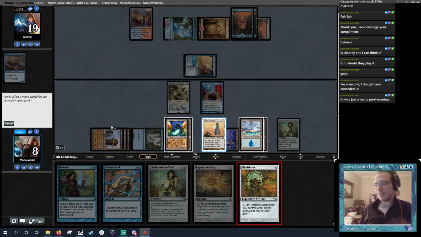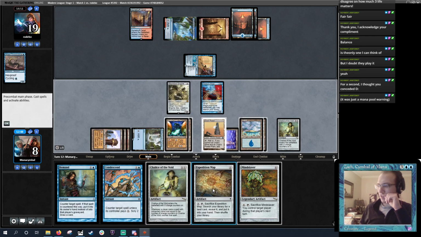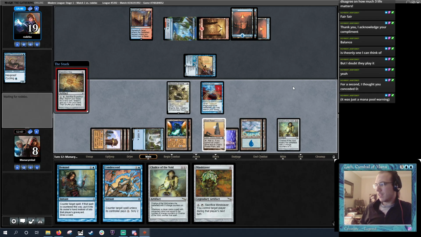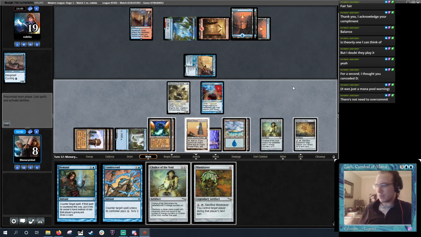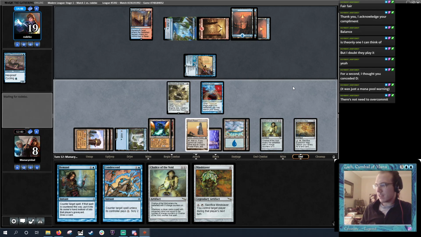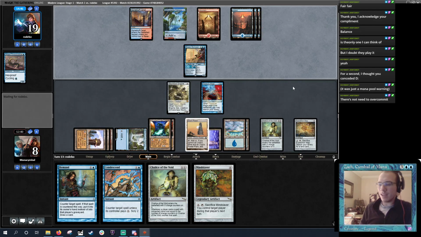I don't really want to cast this turn. I can always do it next turn. The threat is still there. Can't imagine how they could kill me here, so I'm just going to pass the turn. Yeah, there's no need to overcommit, exactly. Exactly. The Wurmcoil is my commitment, right? Like...